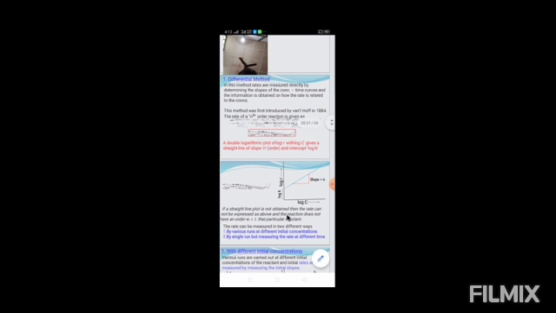If a straight line plot is not obtained, then the rate cannot be expressed in the above form, and the reaction does not have an order with respect to the particular reactant. The rate can be measured in two different ways. Number one, by various runs at different initial concentrations. Number two, by a single run but measuring the rate at different times.